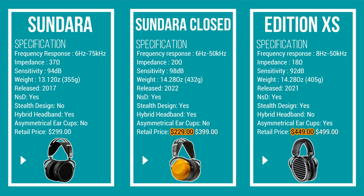So how do you find it on my head? I don't think it's too big, right? Speaking about weight, it comes in at 432 grams, which is, by the way, not really invisible, and you will feel it a little bit on your head. And here, as I said, this hybrid headband really helps to spread all the weight on your head, making it really comfortable and suitable for long